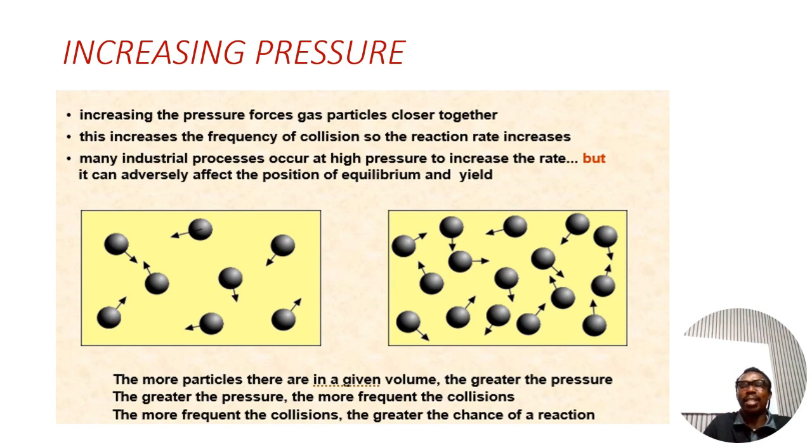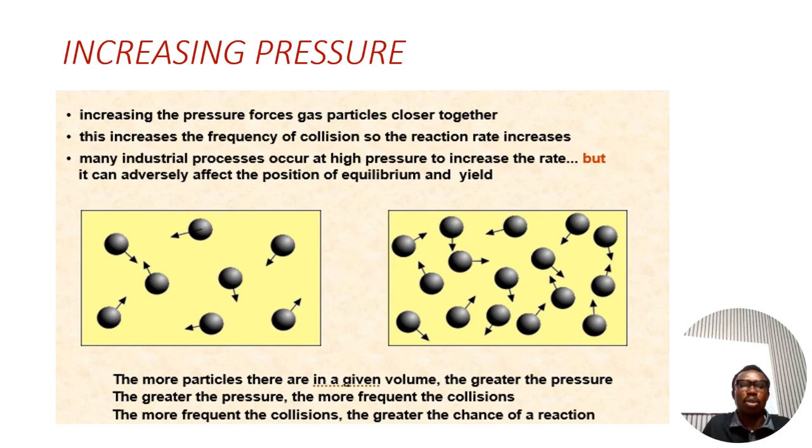Once there's an increase in pressure, the gas particles collide with themselves and also with the walls of the container. So there's an increase in the frequency of collision, so the rate of reaction increases. Many industrial processes, such as the Haber process, which is the manufacture of ammonia, and the contact process, which is the manufacture of sulfuric acid, also